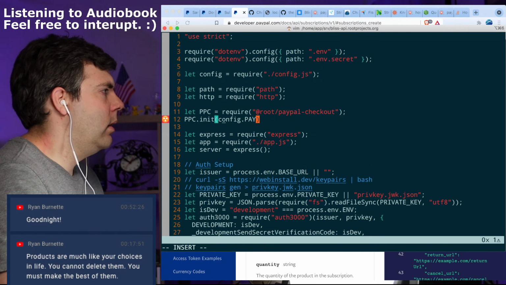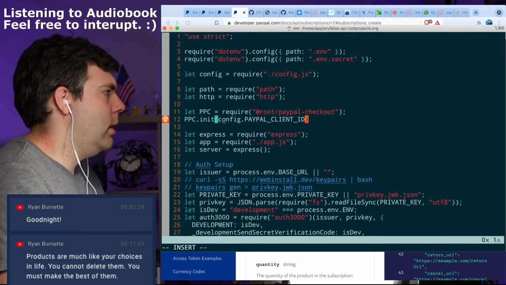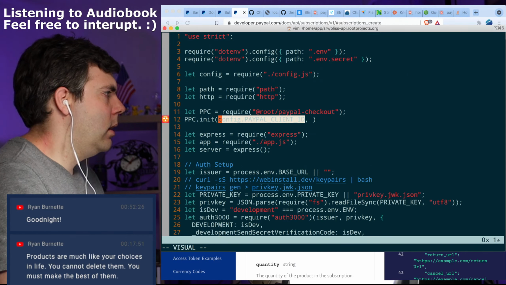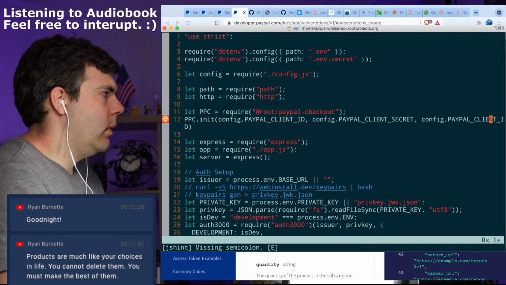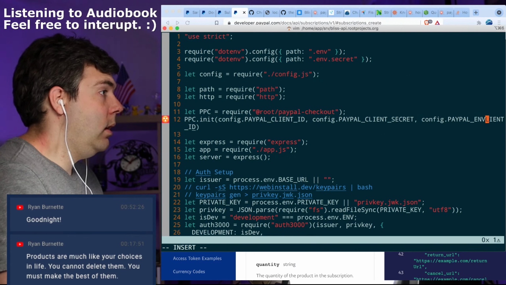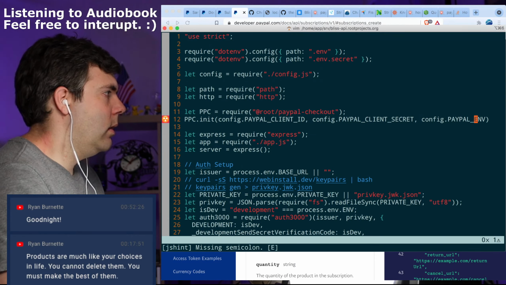Config.PayPal client ID, PayPal client secret, and then PayPal ENV. That could be a good one.